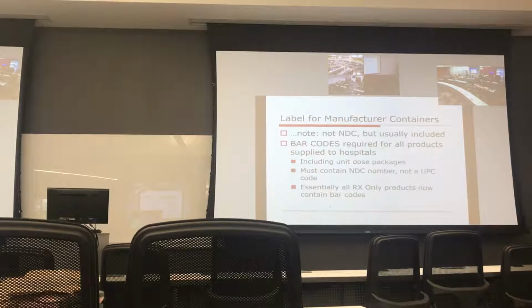Believe it or not, as much as we all rely on the NDC number now, the National Drug Code, it is not an FDA requirement that it be included on all manufacturers' containers. Okay? So that's a real good source of a test question. It is not an actual requirement, but it is usually included, and again, if it's submitted as part of the